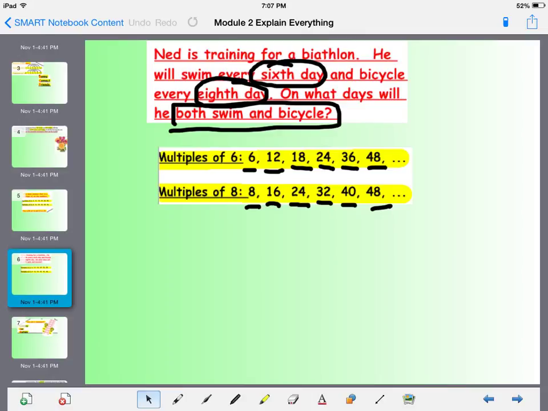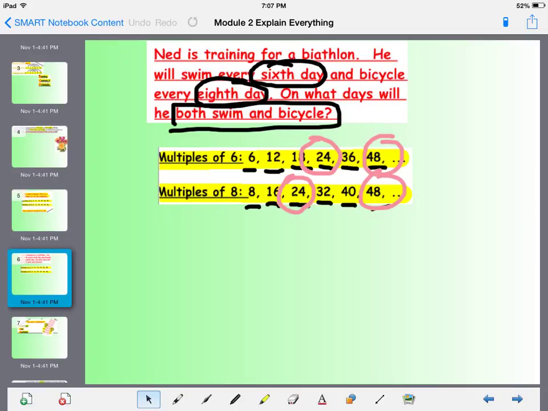Well, the 6 doesn't match up, the 12 does not, the 18 does not. But check this out, the 24 does. So on day 24, he's going to be swimming and riding his bicycle. And also on day 48. Now, even though this happens at multiple times, if they're asking us what is the soonest date that he will be both swimming and bicycling, then the answer here would be 24, and that would be our least common